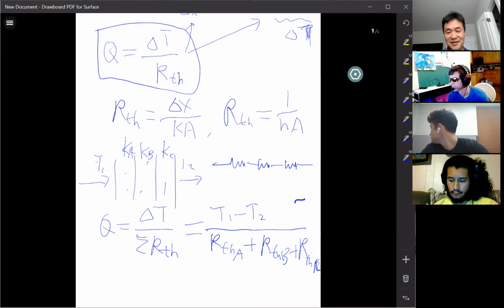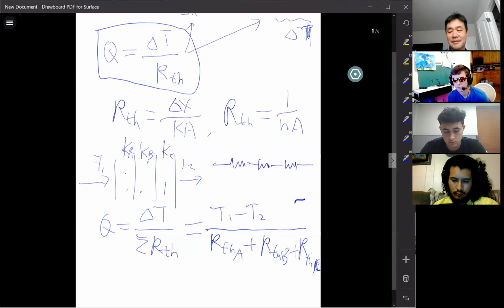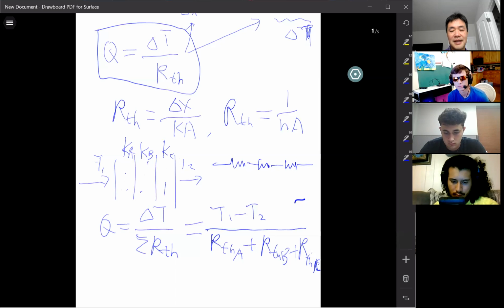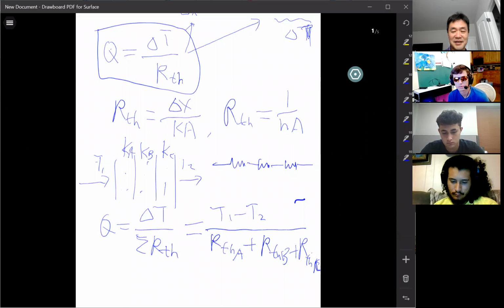This is in series, so the resistances can add together. It's comparable to heat transfer. The thermal resistance is comparable to the electrical resistance, not equivalent, but you can compare them. And the Q, the heat transfer rate, is the current in the electrical circuit. Then what else? Temperature, that's the voltage; delta T is your voltage. So it's a similar logic.